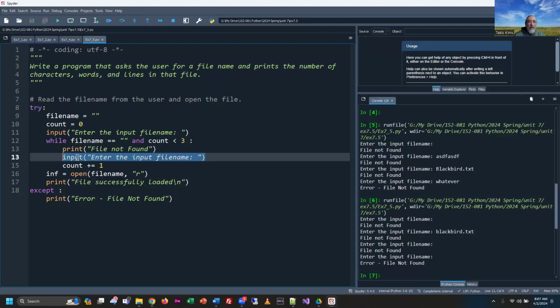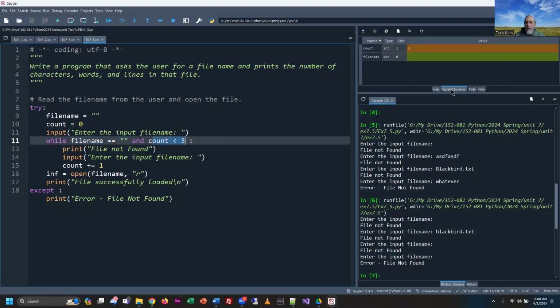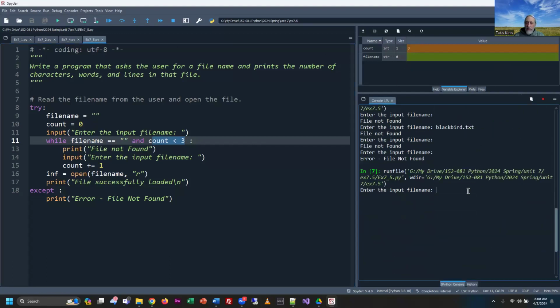All right, so how do I get my way out of this loop? If they enter the file name and the file name is equivalent to blank, so that has to be true, and the count is less than 3, that has to be true. Now, this is where it might be helpful, by the way, to see what's inside of the variables. So I'm going to run this one more time, and I want you to keep your eyes up on that panel there. You know, so if I do type correctly,